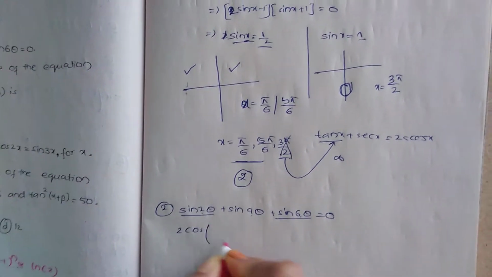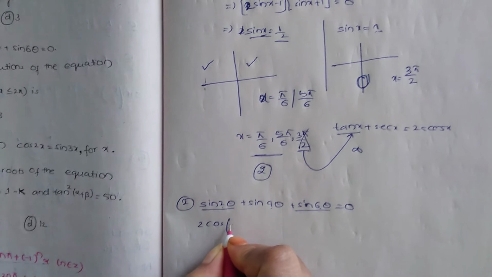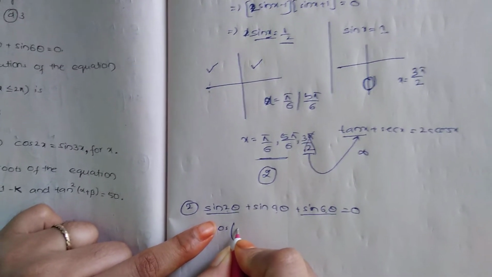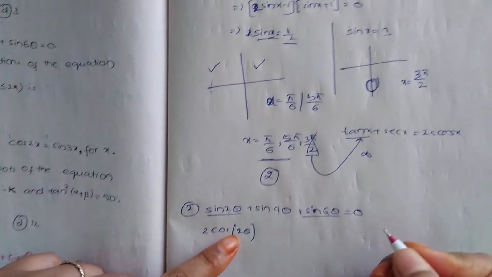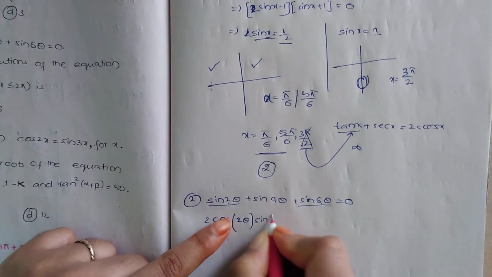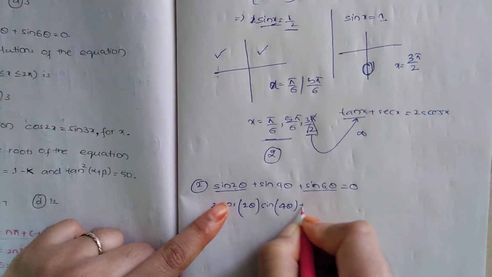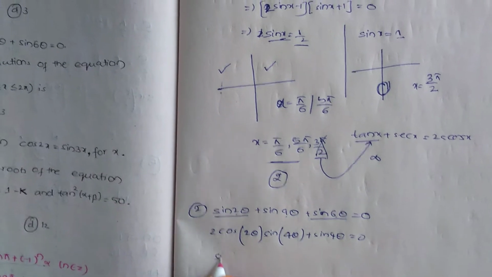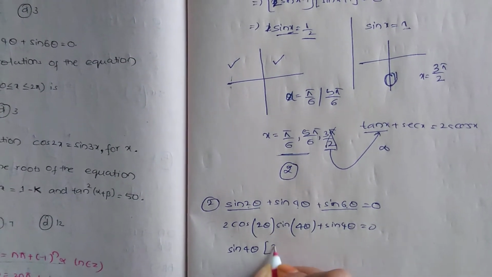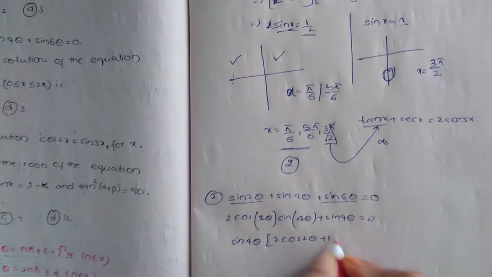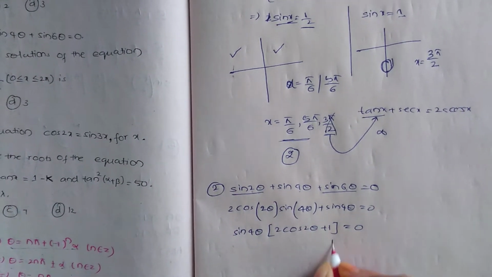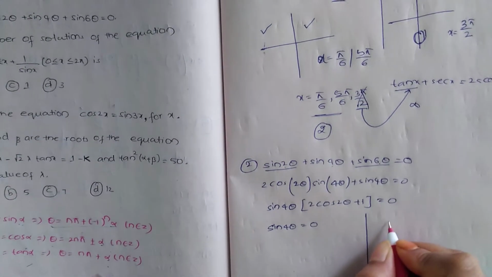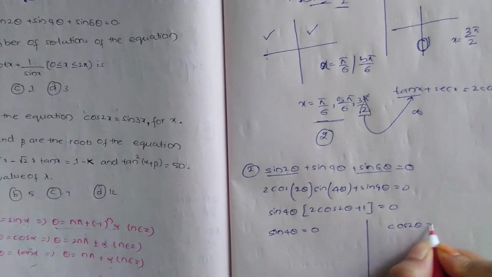2 cos (C plus D) by 2. Sorry, 2 cos. What do we get here? 2 theta. Sin (C minus D) by 2, right? I'm sorry. Sin 4 theta plus sin theta. Sin 4 theta is equal to 0. Take out sin 4 theta common. Sin 4 theta into (2 cos 2 theta plus 1) is equal to 0. You have both solutions. Sin 4 theta is equal to 0 or cos 2 theta is equal to minus 1